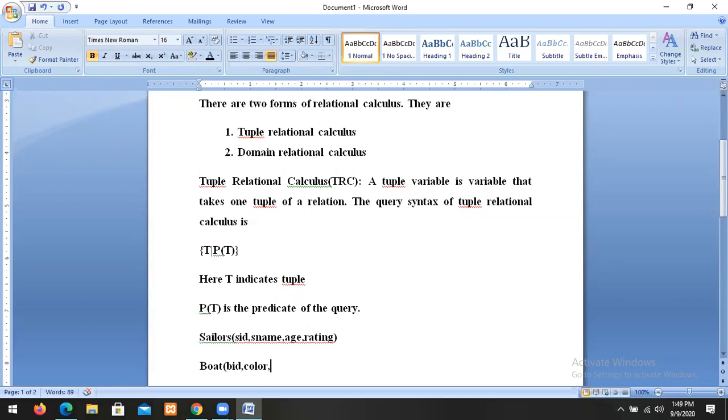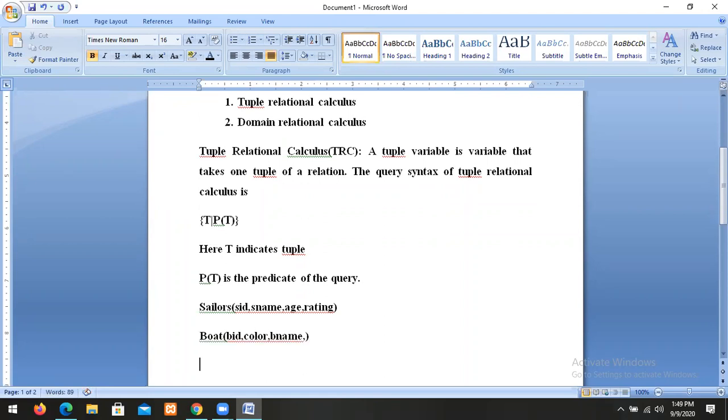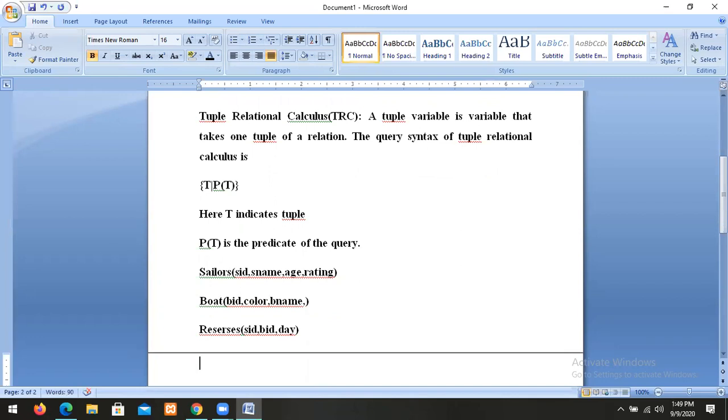The Reserves table has sailor ID, boat ID, and date. So there are 3 tables: sailors, boat, and reserves.